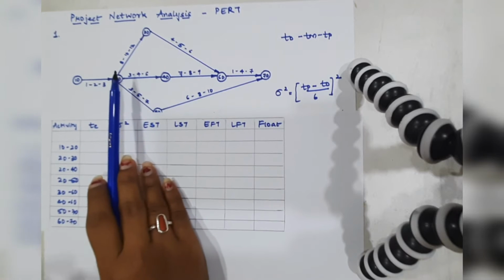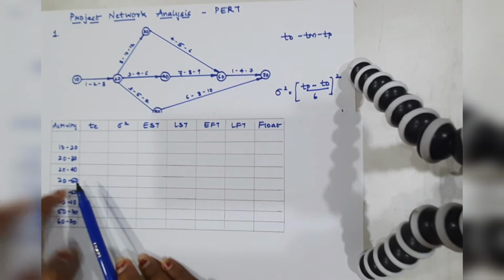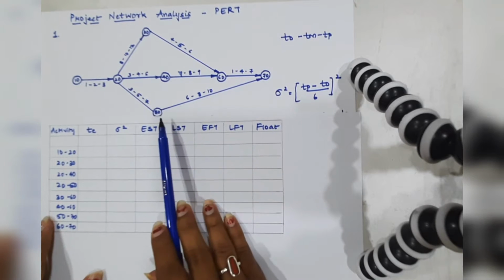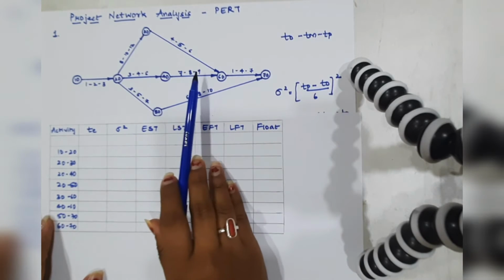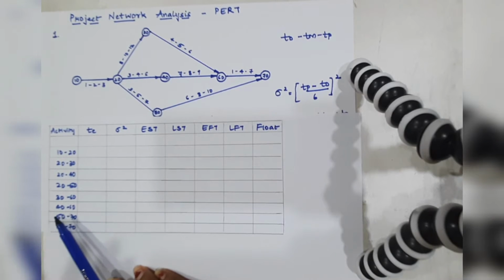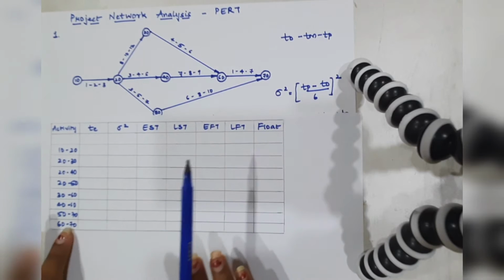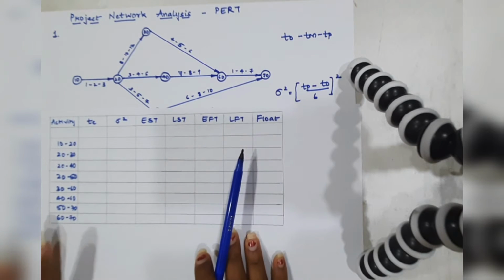Then looking at 20, how many activities are associated with it, write all of them in ascending order. Then go on to 30 and see what the activities associated with it are and write them, and similarly for 40, 50 and 60. So this is how we are done with writing the activities which are required.